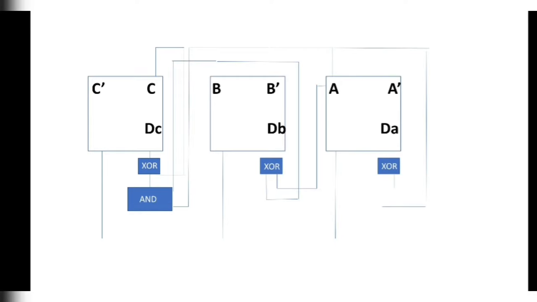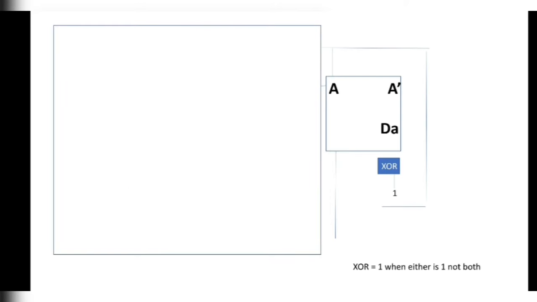Let me make the connection. See, D flip flop, you know, right, means whatever be the value of D, that will be copied in A. It is the same as T flip flop working, but just the change is it is using an XOR gate. So what does XOR gate do? XOR is 1 when either is 1, not both. See, in the truth table, if both the values are same, XOR's output is 0, right? When the altered values are there, the output is 1. So it works as a T flip flop only.